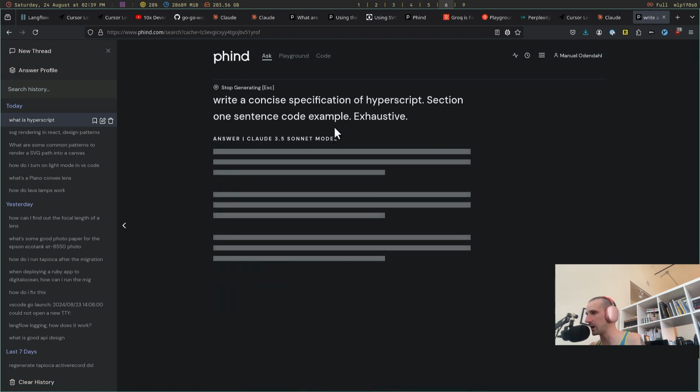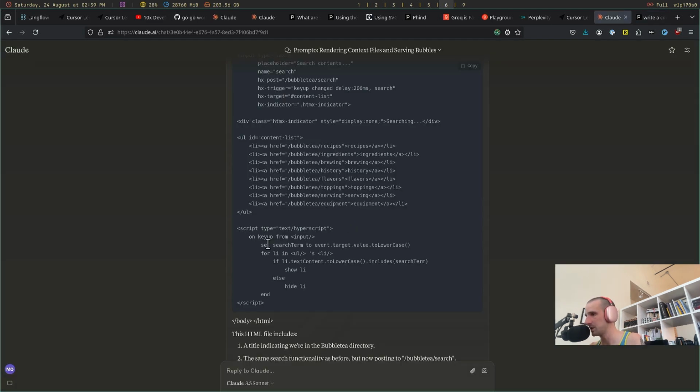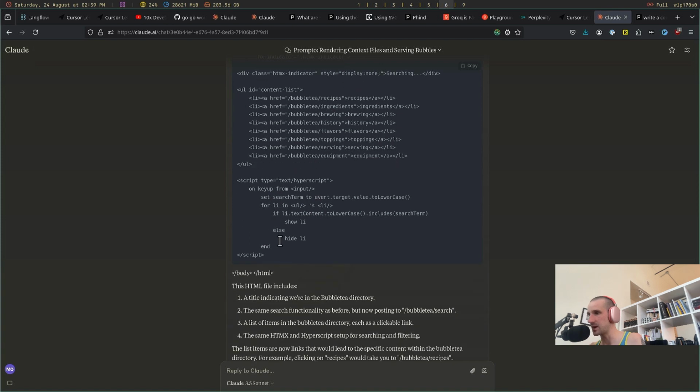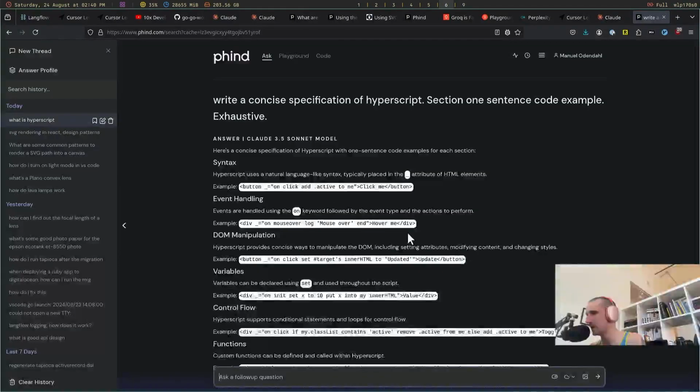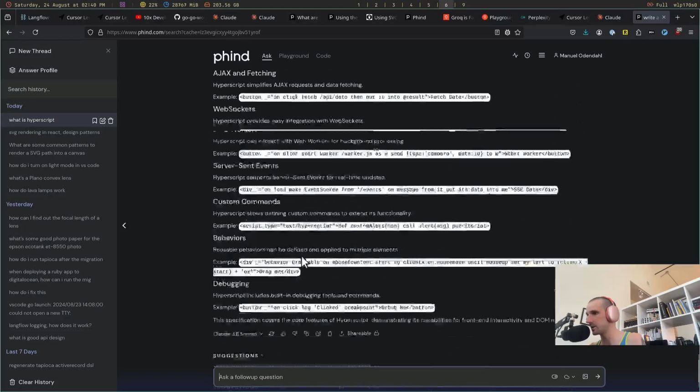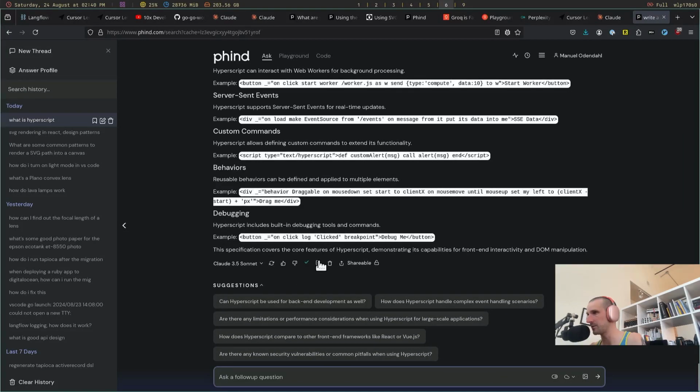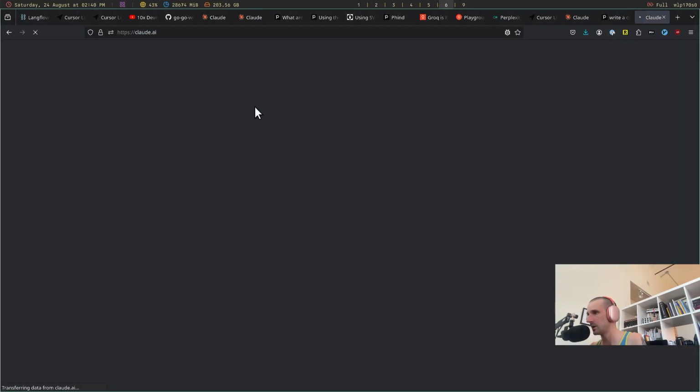Because it's good for LLMs. Compared to JavaScript, this is very concise, right? It's a very concise language that also reads very nicely for humans. If I say write the hyperscript to set the search term to the value of the field, it will write such search term to and then value of this, like it's able to do this kind of stuff. This is probably JavaScript as well, which is nice because it knows how to do JavaScript. So there's a good chance that, based on something like this, if I start a new chat and then I paste hyperscript in here,